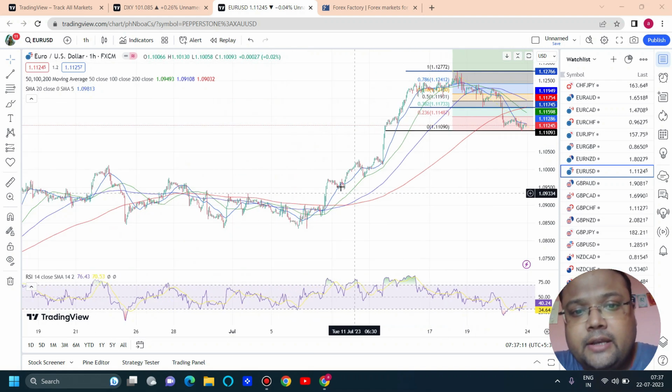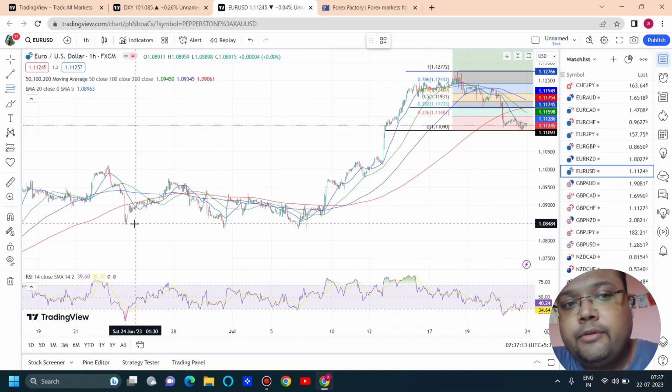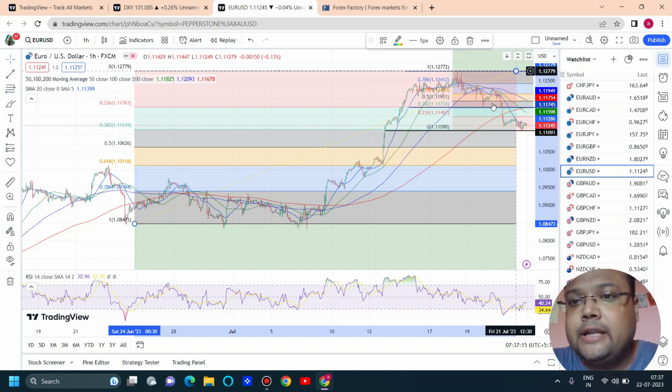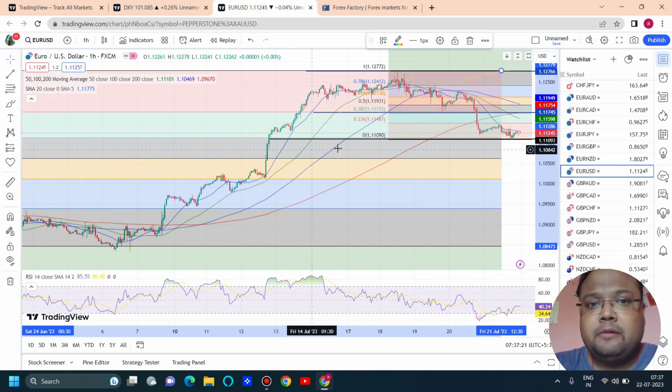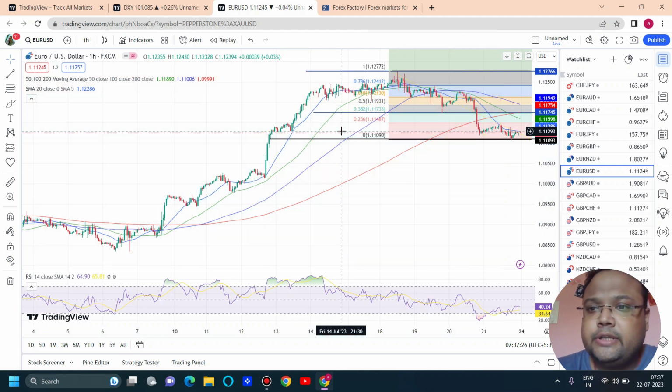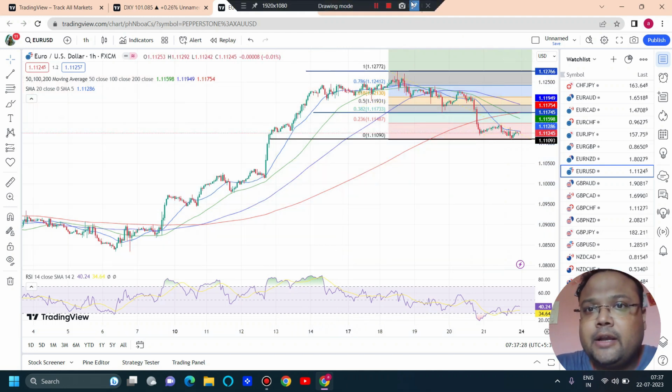Also, if we take the help of Fibonacci here, then you can see right now market is just standing at the Fibo 38.2% retracement level, and below this level we do not have any immediate support. So there's a good chance that if market breaks